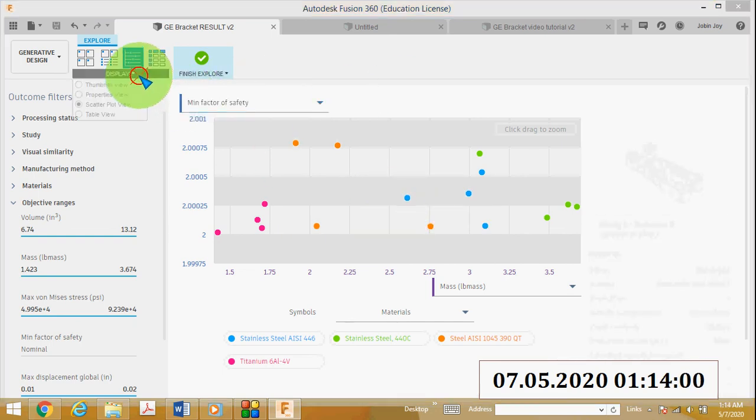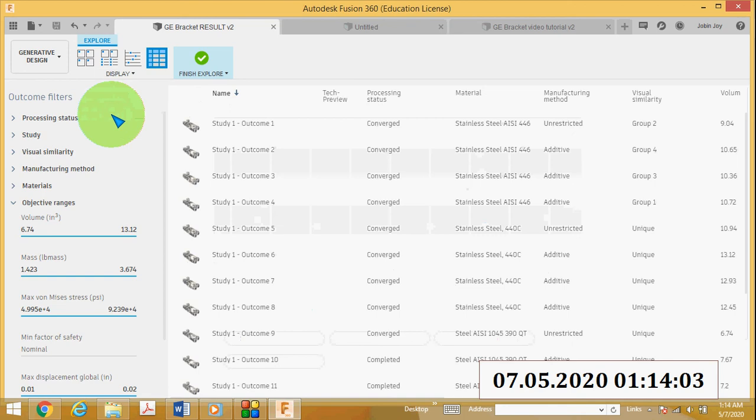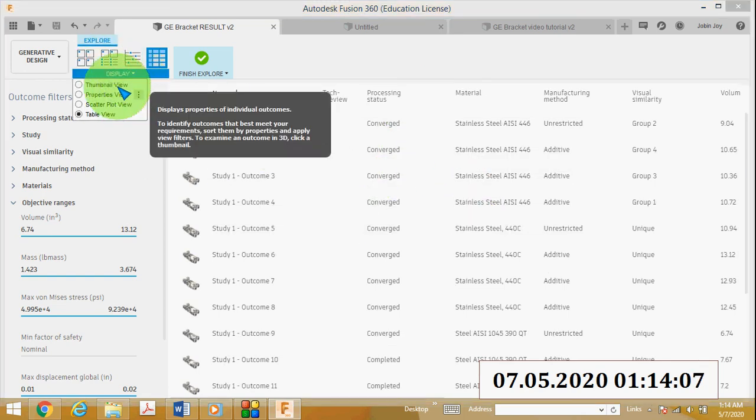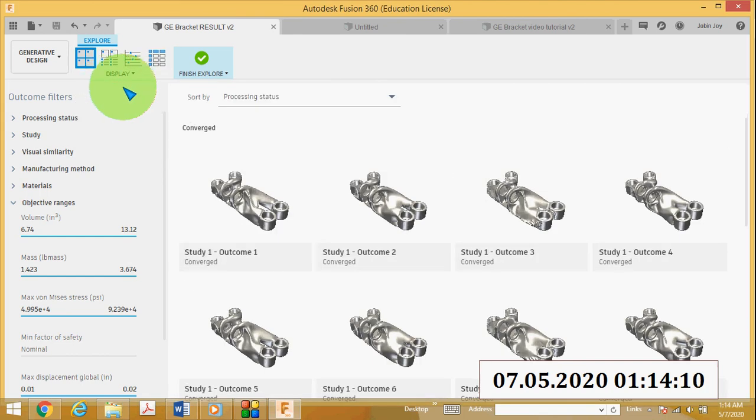And the last one is the table view. If you want to see the table view of different designs, you can select the table view. So again I will go to the thumbnail view.